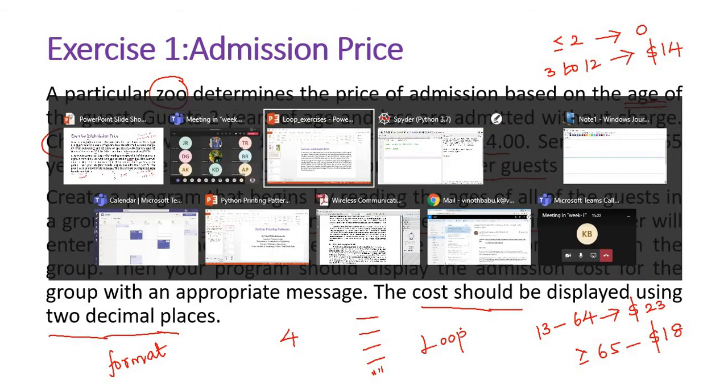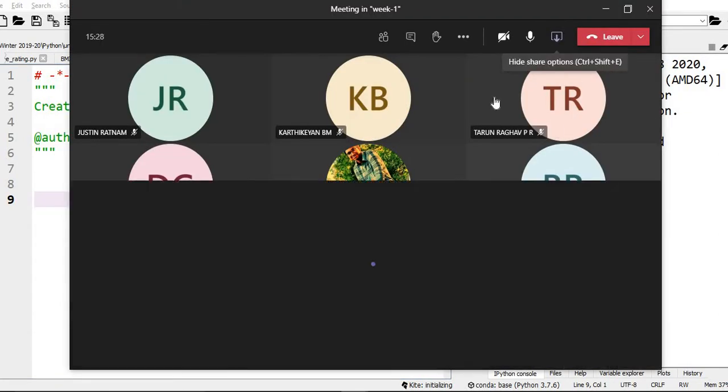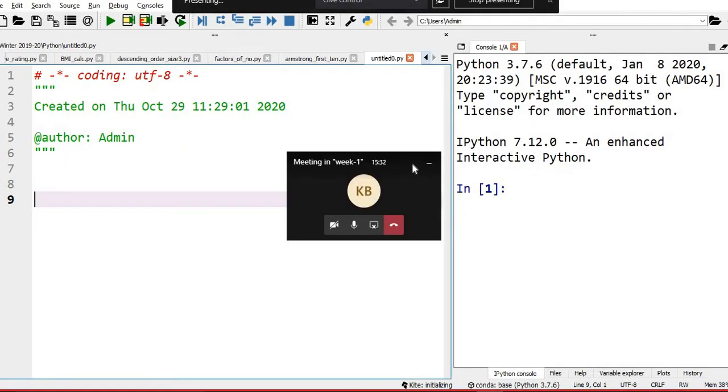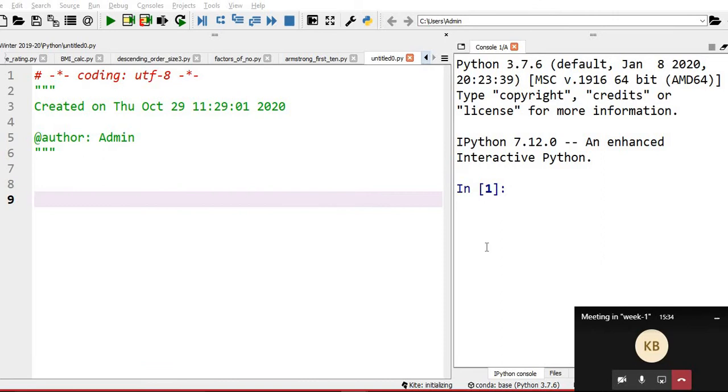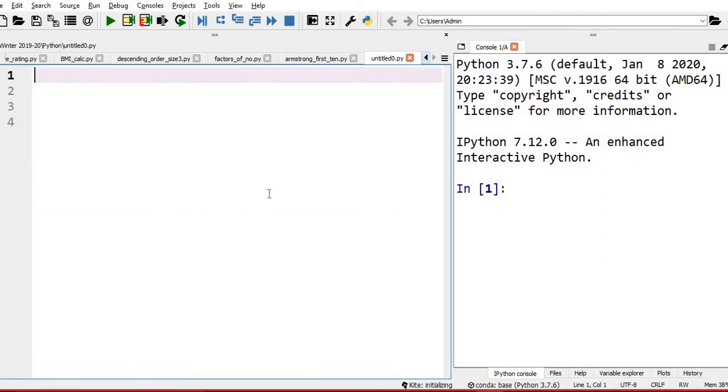Let me present my Spyder screen. So this is the Python code to calculate admission cost for a zoo.